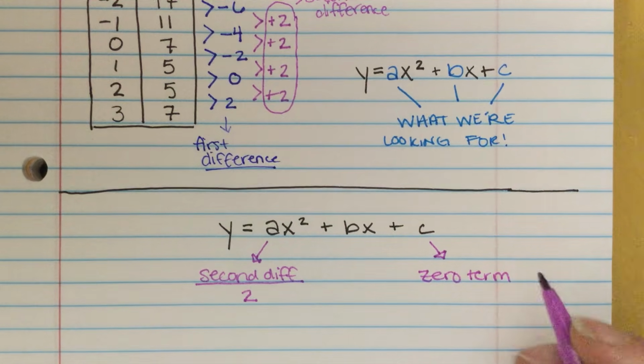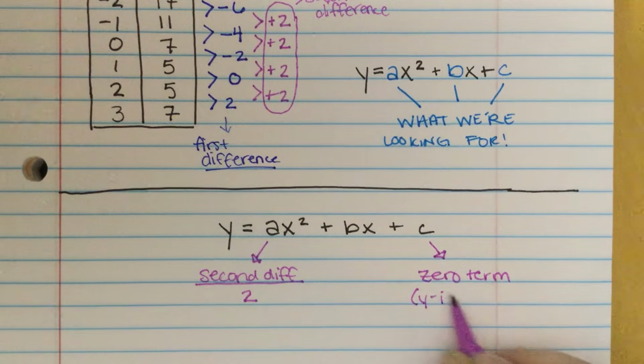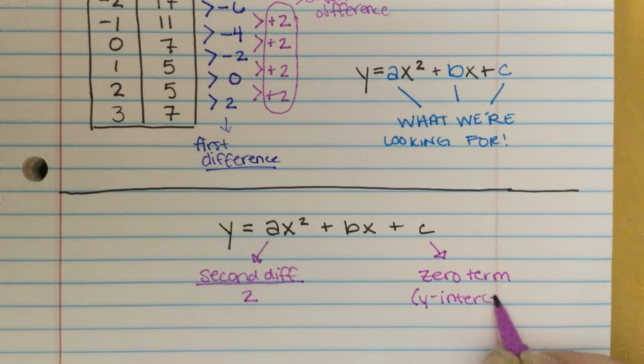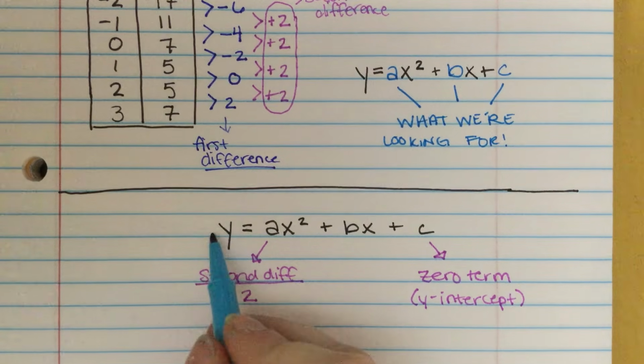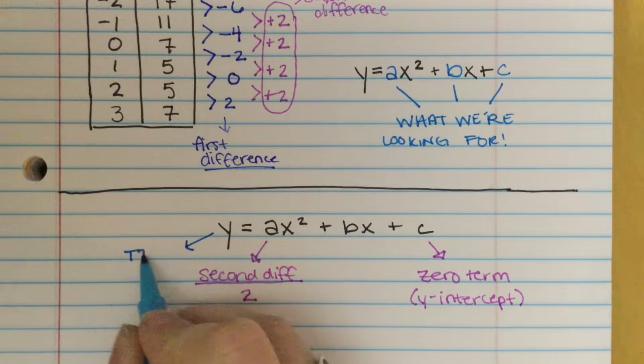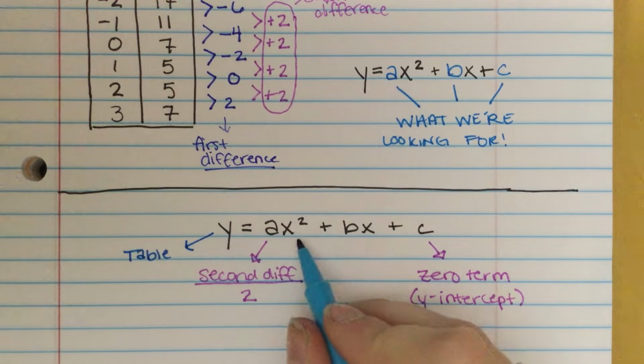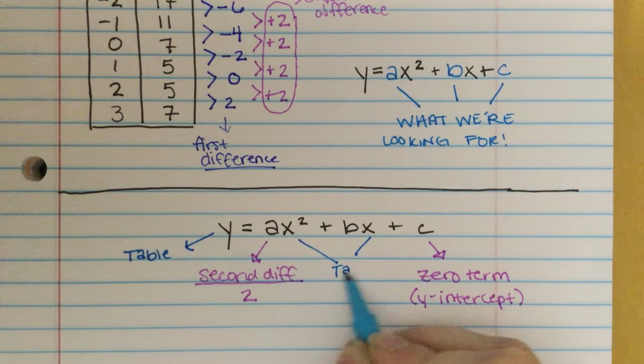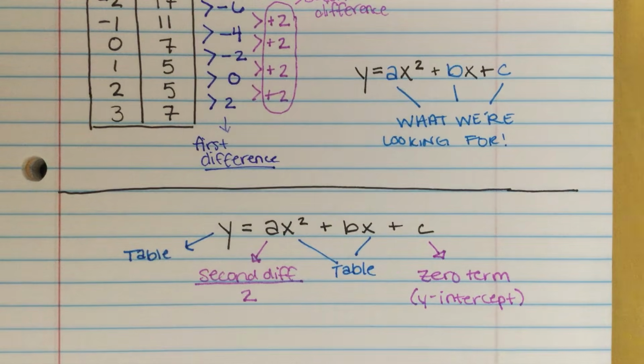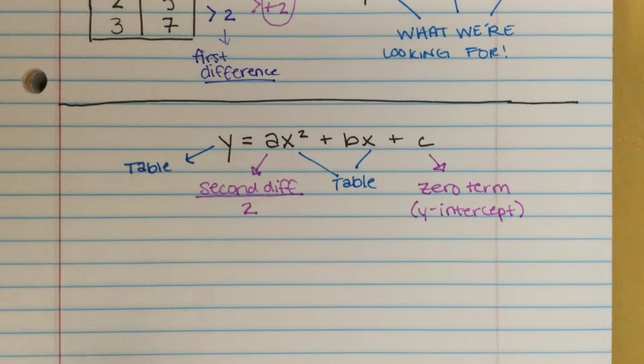And if we were talking about this in terms of just a quadratic function, a linear function, or an exponential function, we call that 0 term our y-intercept. Okay. Now, there's no fancy way to find b, but we do already know y and x. We can take any point from the table and use them. So what I like to do is I like to come down and I like to define